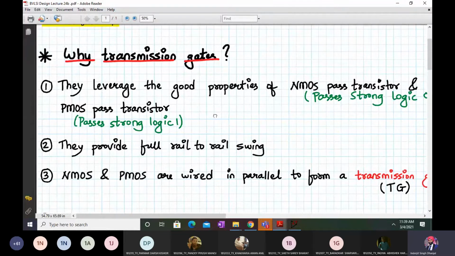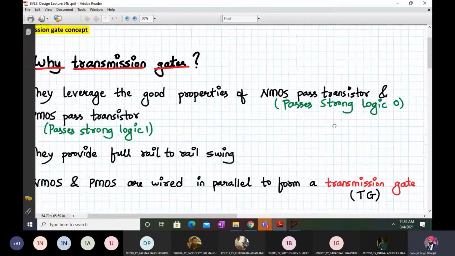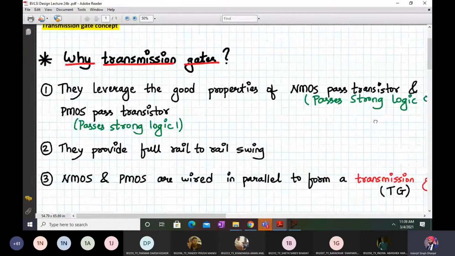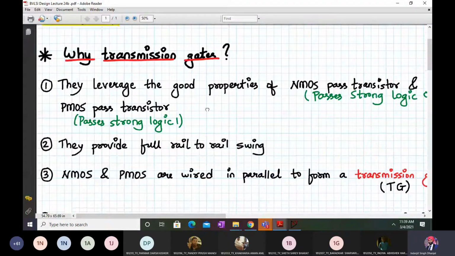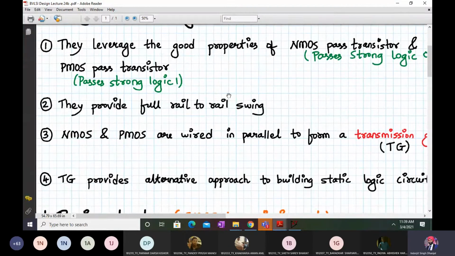So the transmission gate leverages the good properties of both. NMOS passes a strong logic 0 and PMOS passes a strong logic 1. They use both together and provide a full rail to rail swing, which means your output will be from VDD to 0. There will be no loss of any swing.